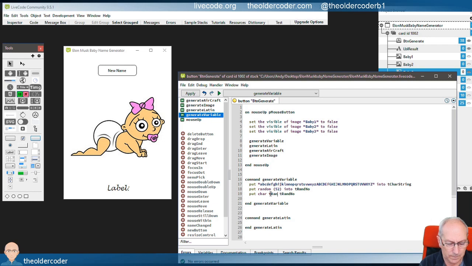T rand number of T char string. So put random number, so number whatever it is of the string into a new variable which we'll call T